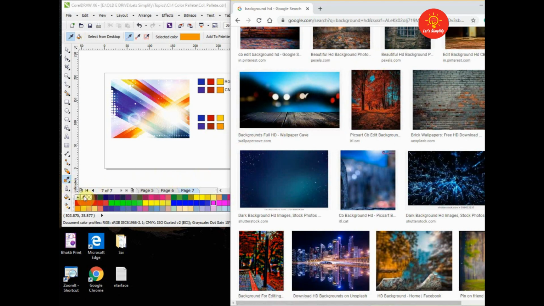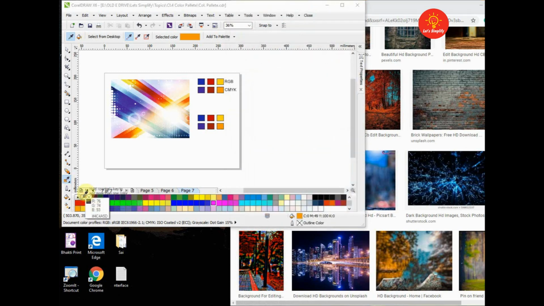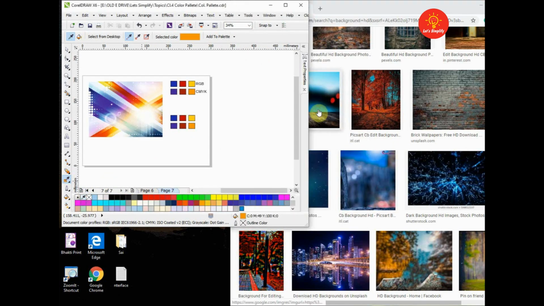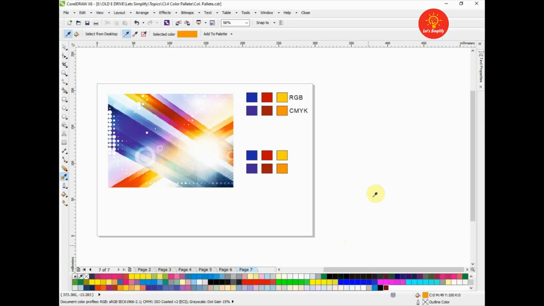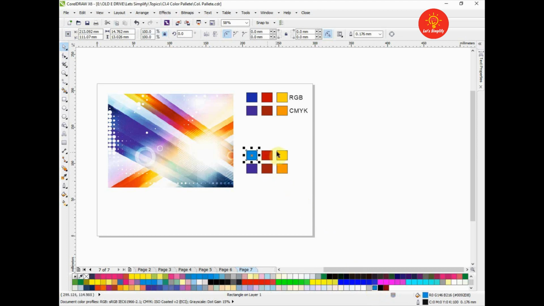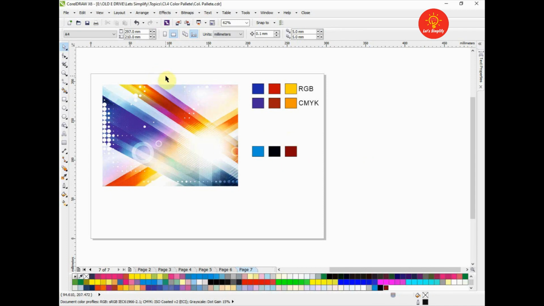So for that purpose we will select this dropper that is present in our document color palette. Then we can select any color from the internet that we want. So now we can see that we have added the selected color into our document color palette, and we can now directly fill these colors into our object.